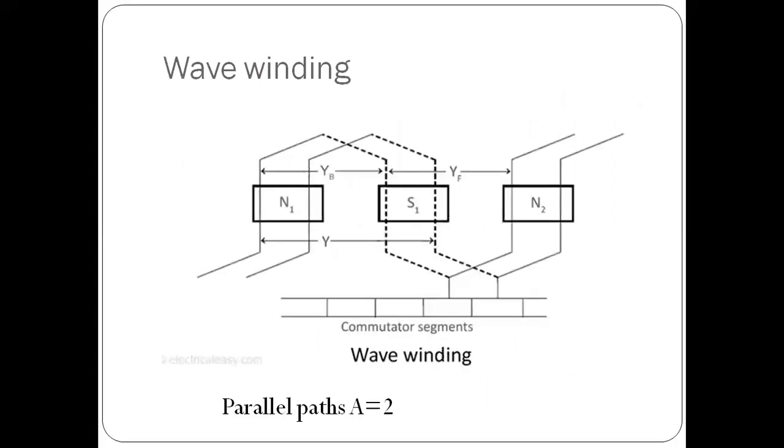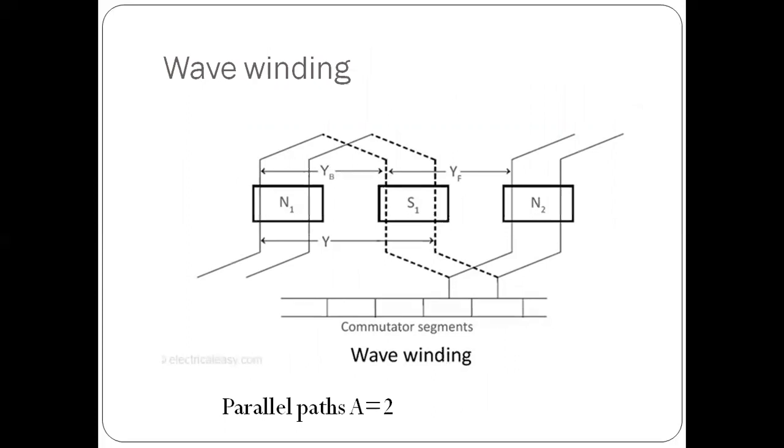So next we have wave winding. We can observe that the winding always travels ahead. There is no overlapping here. Only thing is that the winding always travels ahead. Continuously it will move on. It will not come back. Continuously it will move on from one slot to another slot, next slot to another slot. So there is a progressive wave. We can say it progresses in a progressive way. That's why it is called wave winding.